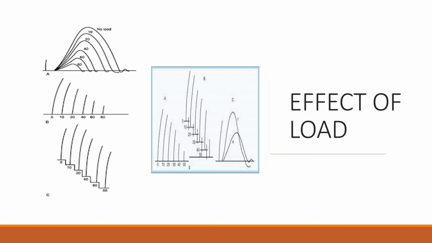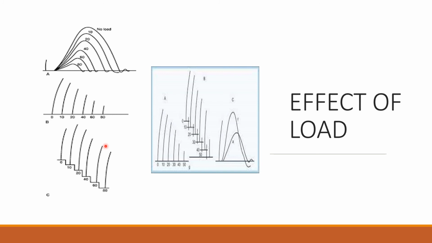Okay, so the last graph in this class is the effect of load on the simple muscle curve. So we are applying some weights to the muscle before contraction and also after contraction. The effect is observed while changing the load on the muscle. So the change in muscle contraction is observed by changing the timing of application in relation to contraction.